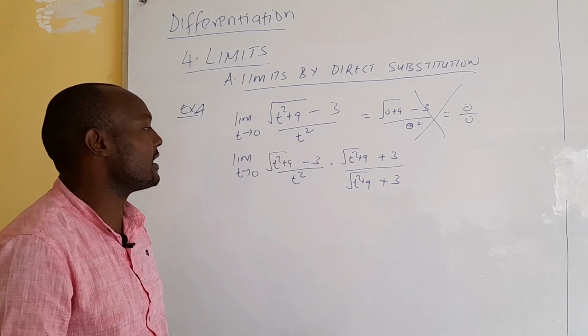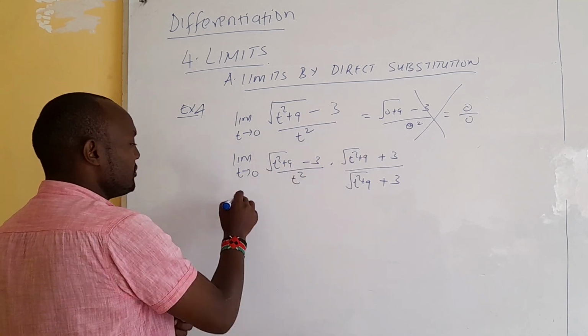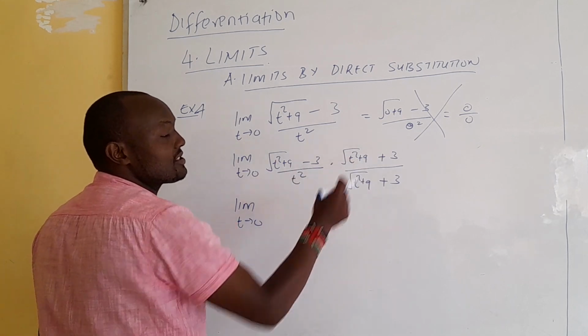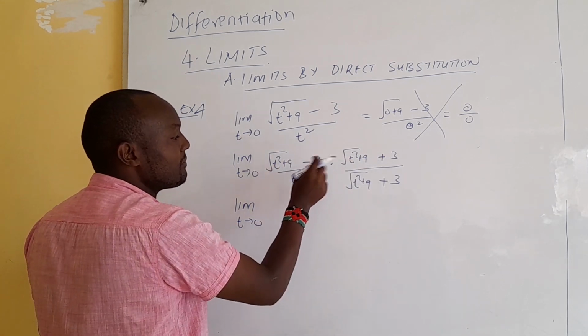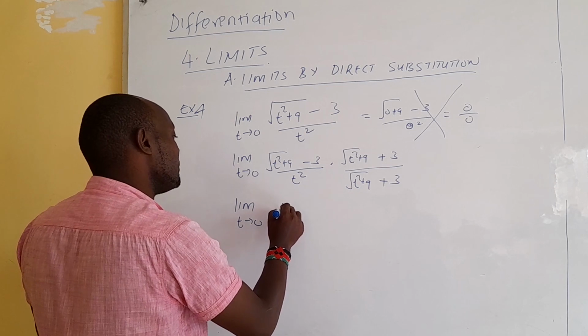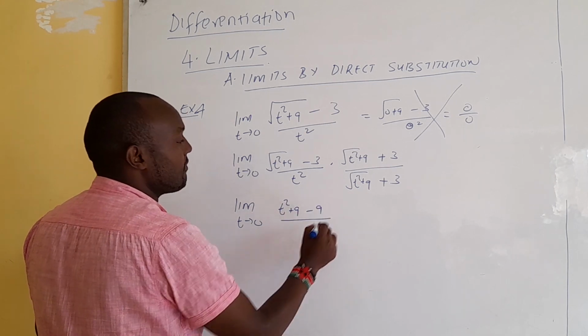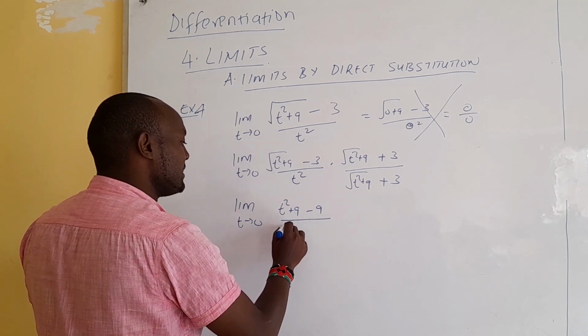This over this one is 1. So when you open this one, we have limit as t approaches 0, and we will have the square of this one minus the square of this one, so we have t squared plus 9 minus 9, all over t squared